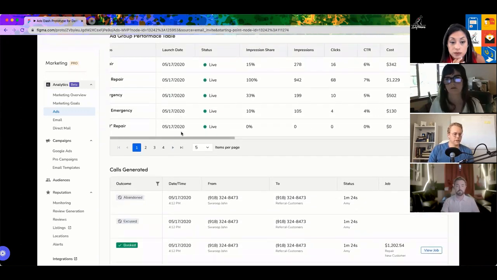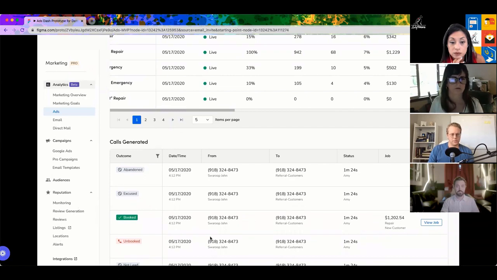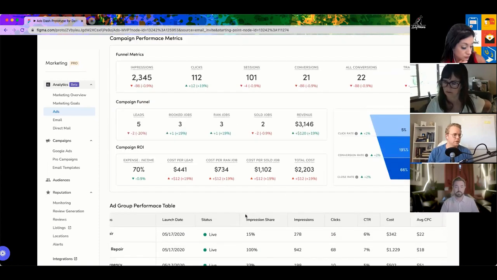As well as go in and see the calls that came in from that campaign, similar to what you'd be used to in a campaign report or campaign dashboard page, but with all of these cost and ROI metrics that are very valuable to analyze at a campaign level. If you have an agency, I do recommend them having a login to this so they can go in,